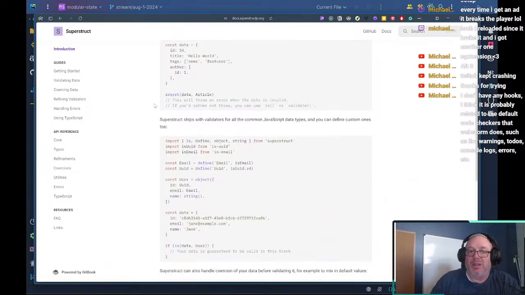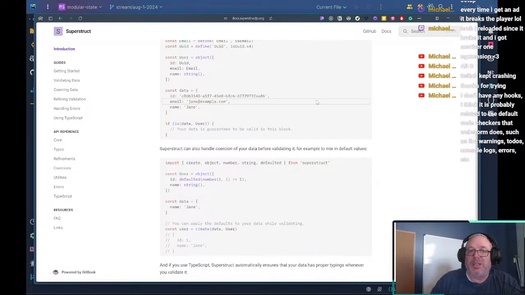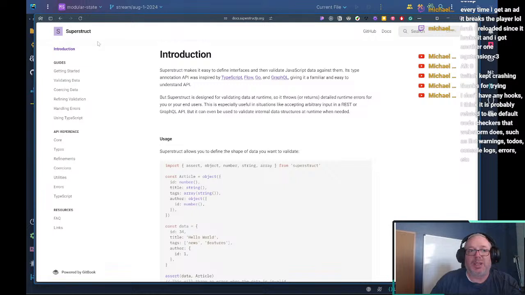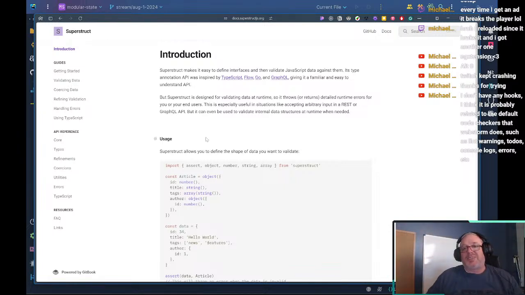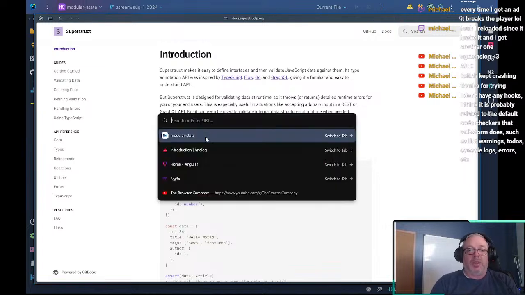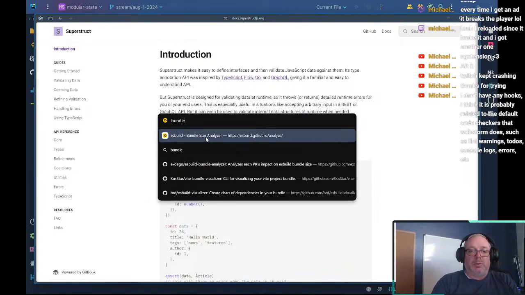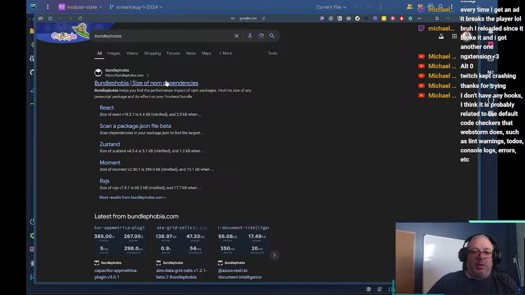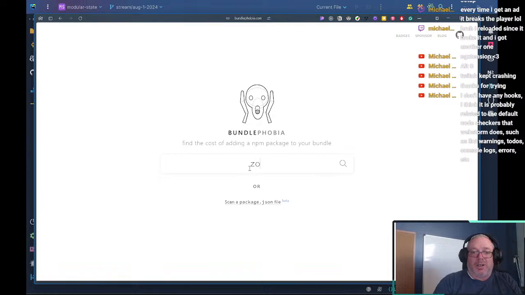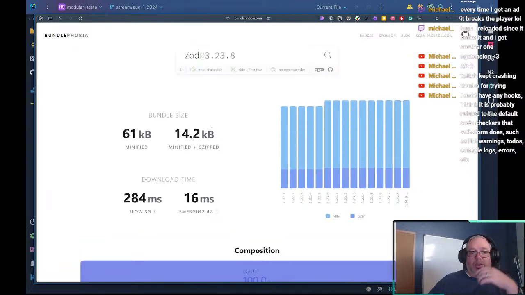So in the past, we've used Zod. I want to take a look at superstruct and see if we can replace Zod with it, because Zod adds about 60K to your bundle size. So if we look at Bundlephobia, and inside of here we look at Zod, yeah, Zod is 61K minified,